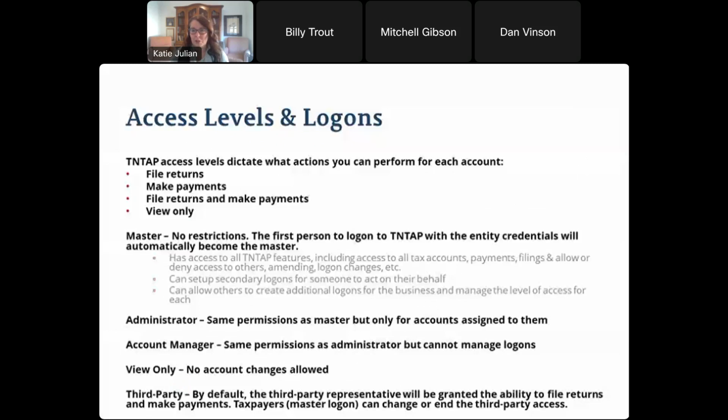I really wanted to make sure that this is something that everybody understands: access levels and logons. I think we're in our 5th year now of having TINTAP, and over the years, there've been people that were confused about this. I know we had third parties out there that had master level access, and that way the business couldn't have it. Lots of things like that. So we're still trying to make sure that everybody understands what the different access levels and logon levels are in